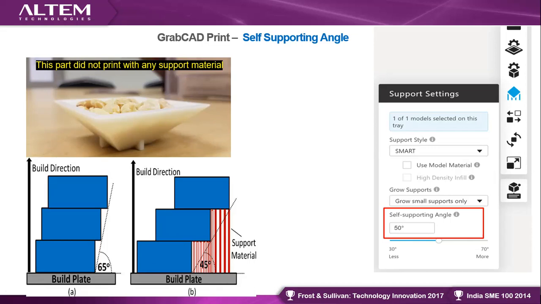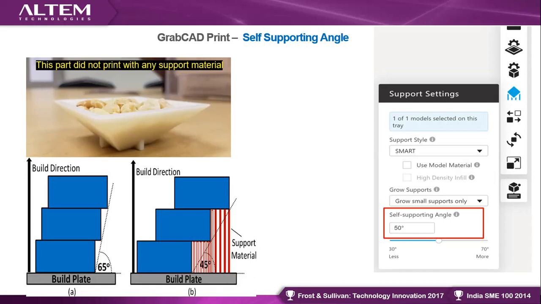This is more on the design for additive manufacturing, and we are going to take a separate session for that. So maybe you can include your designers also in the session, so that whenever they want to, they can change the angle a bit.